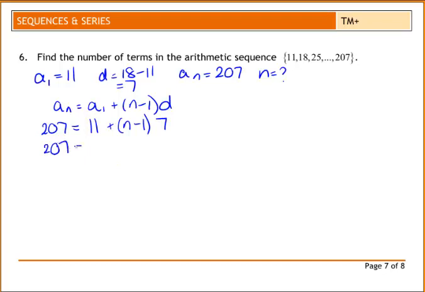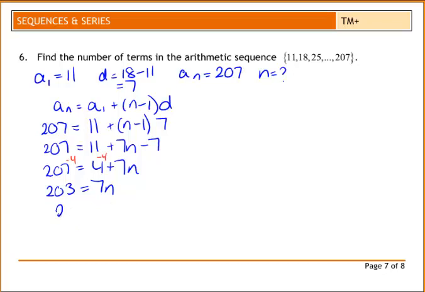So I've got 207 equals 11 plus n minus 1 times 7. Let's expand this bracket. 7 times n is 7n. 7 times negative 1 is negative 7. From there, I get 207 equals 11 take 7 is 4 plus 7n. I'm now going to subtract 4 from both sides. 207 minus 4 is 203, and that's going to equal 7n. I then divide both sides by 7, and I get 29 equals n. So therefore, there are 29 terms